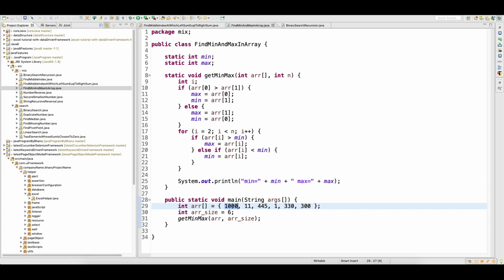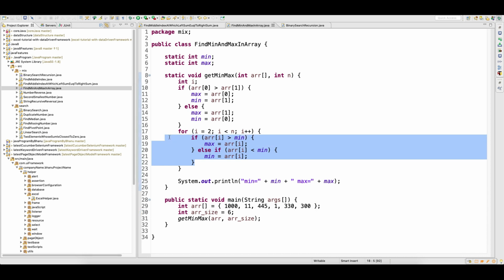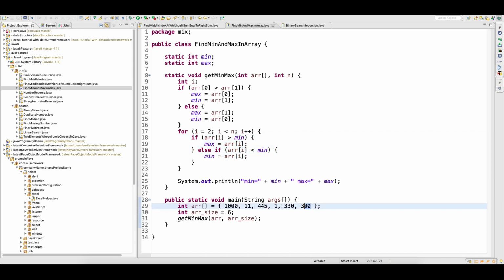I'm not keeping track of what was the maximum earlier, okay. I'm just checking at the current position. When I'm running the for loop, I'm just checking that at the current position, whoever is max, that is the max, and whoever is mean, that is the mean. That's how I've written this program. But if you go and change the input, you will not get the same output.